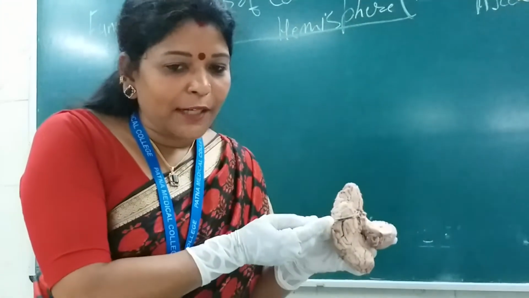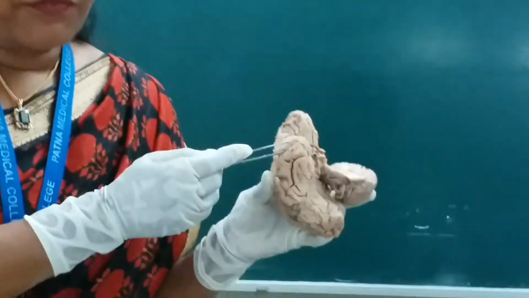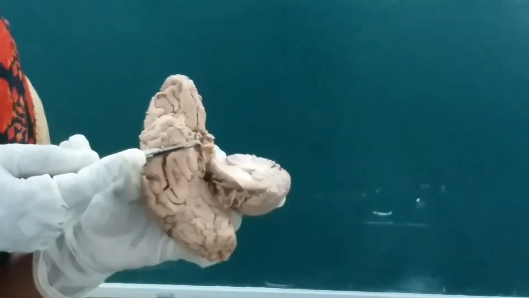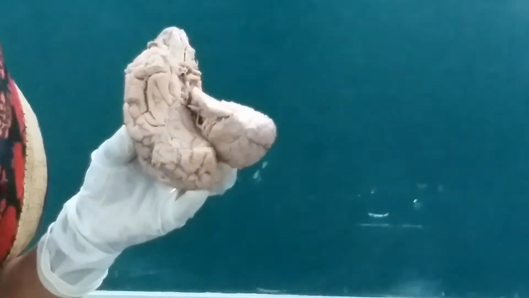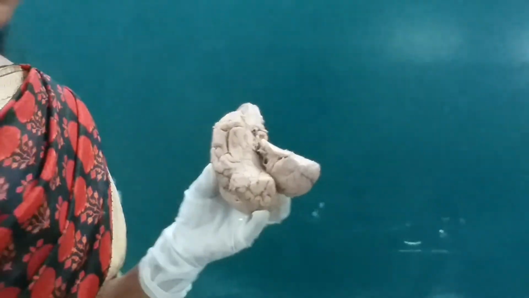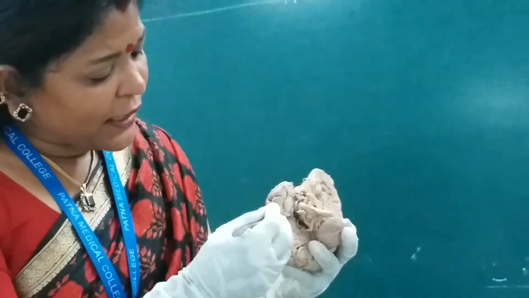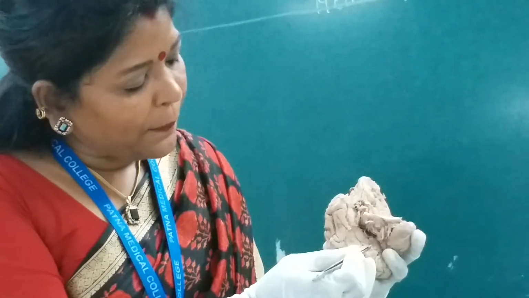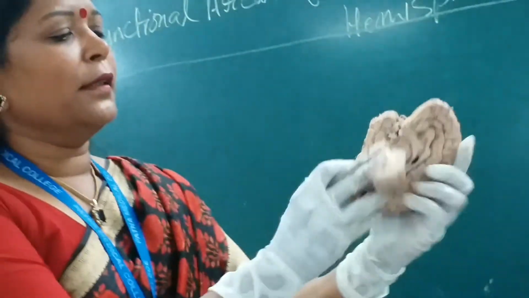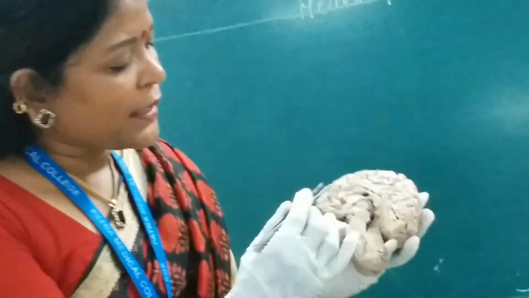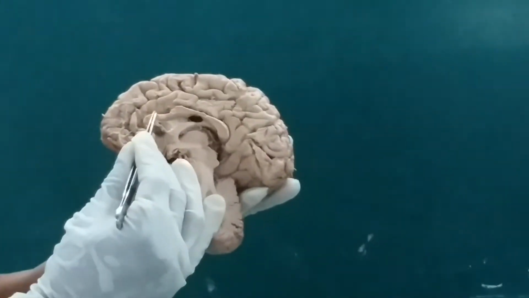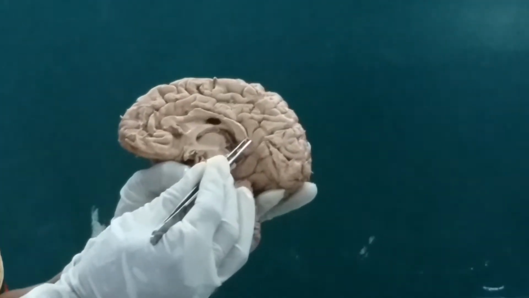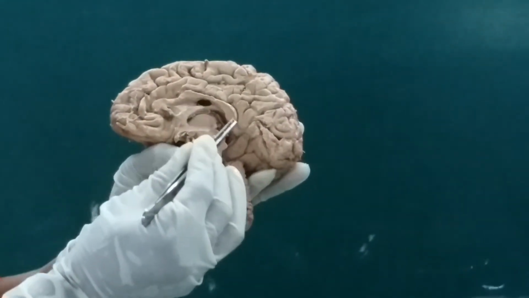Anterior to the uncinate process, the pole of the temporal lobe was supplied by the middle cerebral artery, and the rest of it was supplied by the posterior cerebral artery, isn't it? So then what is the importance of this? Is the parahippocampal gyrus. And look here, on the medial surface, this is the C-shaped structure. What is it? It is the largest commissural fiber, that is the corpus callosum.